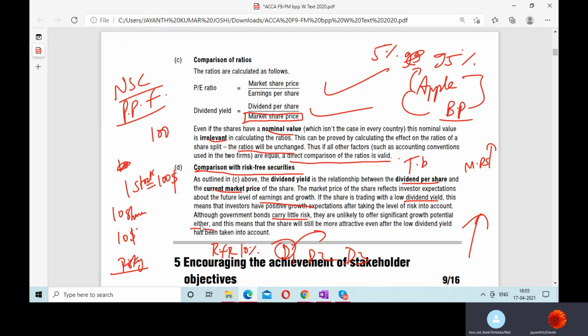What do you mean by certainty? 100% you are not confirmed that you'll get returns on this. But for government bonds, if you take treasury bonds and all, you will surely get interest, because we are speaking about bonds now. Treasury bonds will surely give you interest. So can we say that bonds are like an exception in the securities category? See, not all the bonds.